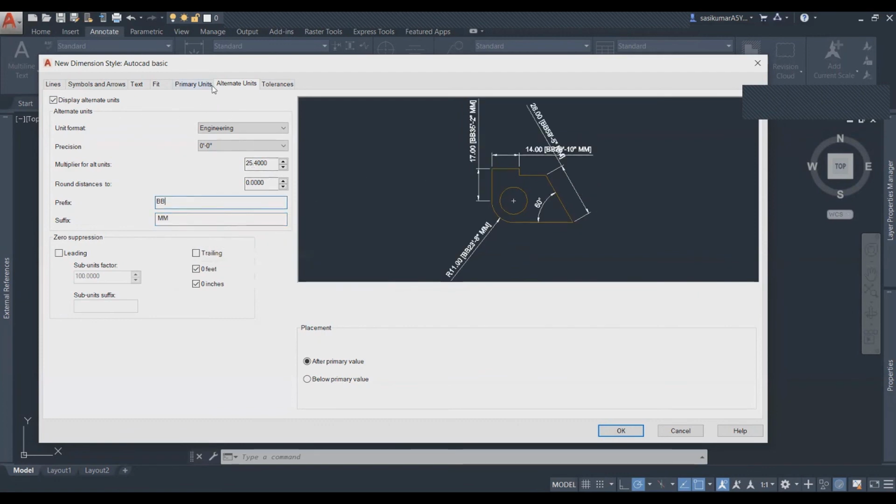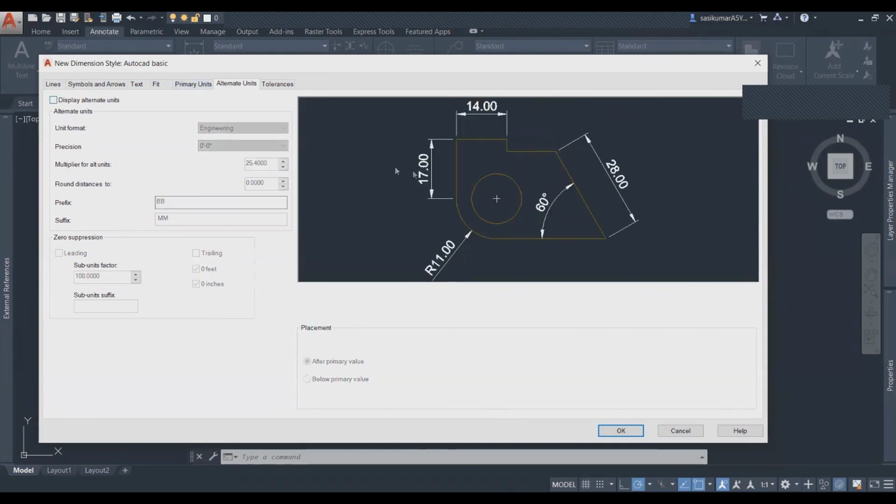So once you set up that alternative unit, automatically it will reflect in your drawing. But usually it is not necessary to display the alternative units, unless they ask you, then you can create it. Otherwise, you turn it off, then it will not show the other units. Okay, I explained it to you for the future. If you need, you can do that.